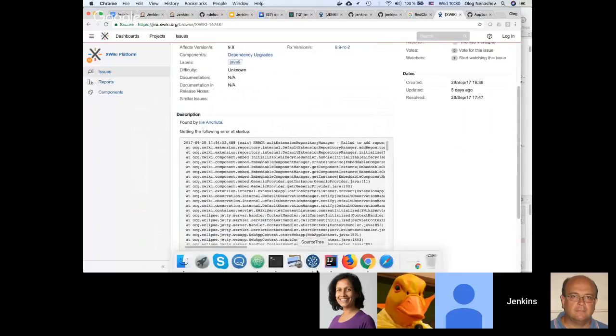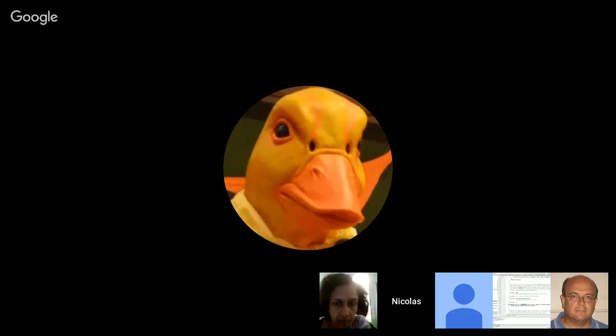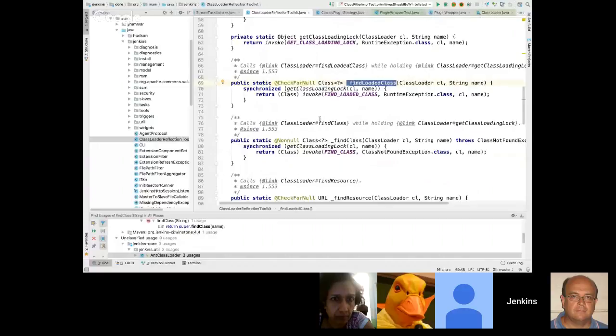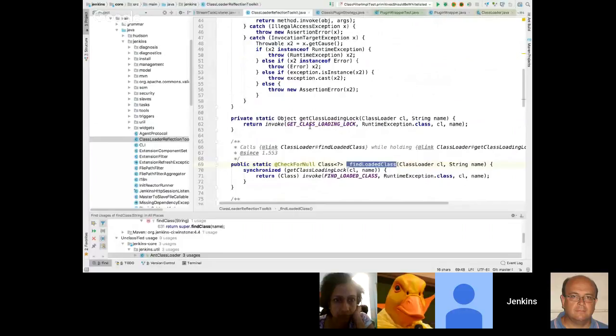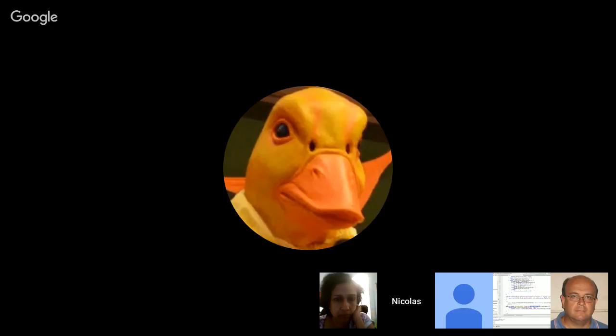So do we want to try fixing it? Yeah, so more or less the question I had, because I was looking where this reflective class loader reflection toolkit is used. And actually it's only used when we have the fast lookup feature set up. There's also always an alternative code to run with classic Java APIs, which rely on just a public class loader API.